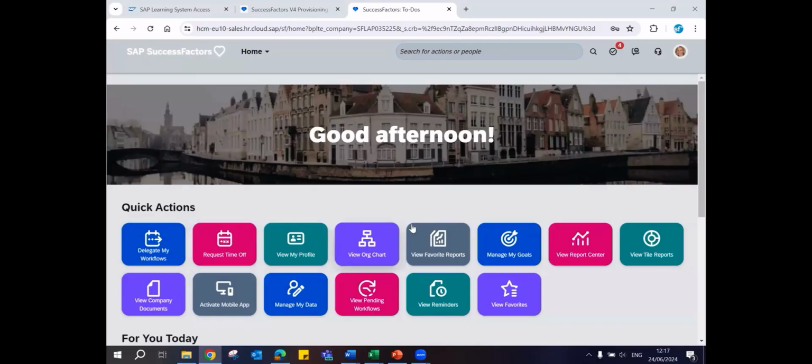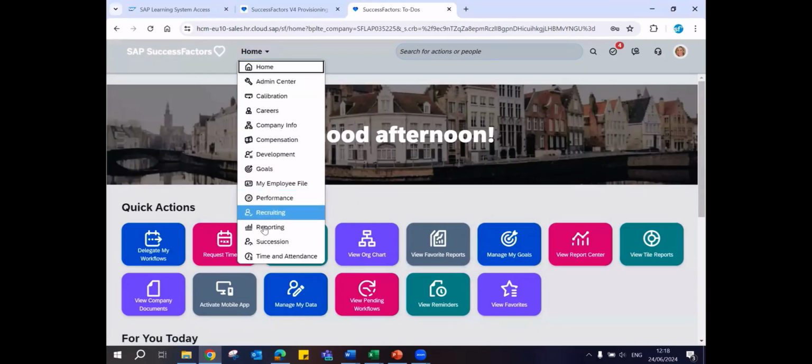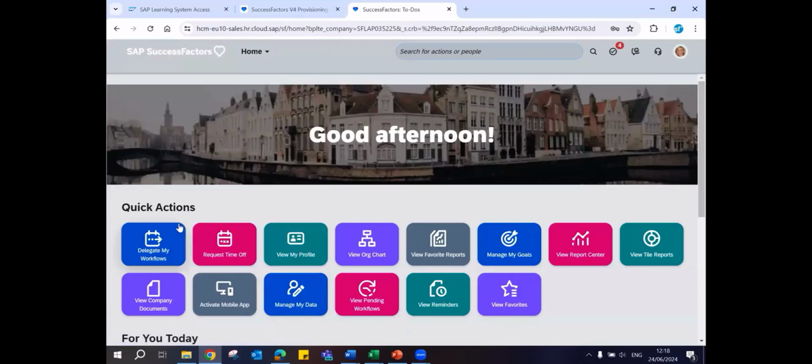You see, there is something related to my goals. So this is related to the PMGM module. Like this, for different modules, what are activated in the system, related quick actions can be brought up. It's not part of any specific module, but from all modules, you'll have different kinds of quick actions.